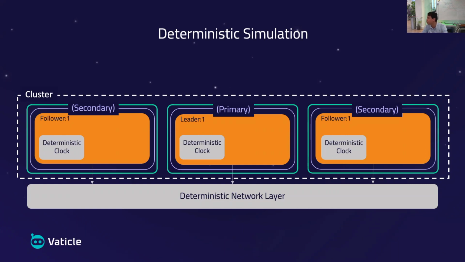Like, for example, we have this one issue that only happens in production very, very rarely, and under some failure conditions, depending on the way the leader and the follower transition from one to another, right? And this issue happened in production, and we can't really troubleshoot why. And at some point, we tried to tweak our deterministic simulation, and we came up with a parameter that allows us to reproduce this issue.